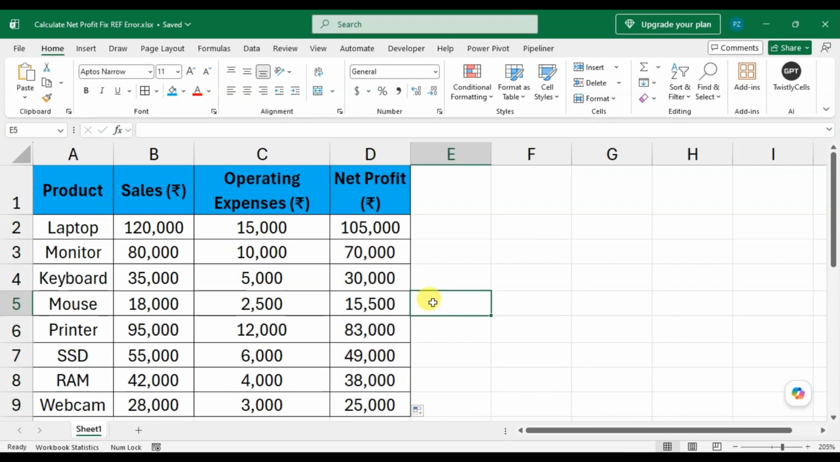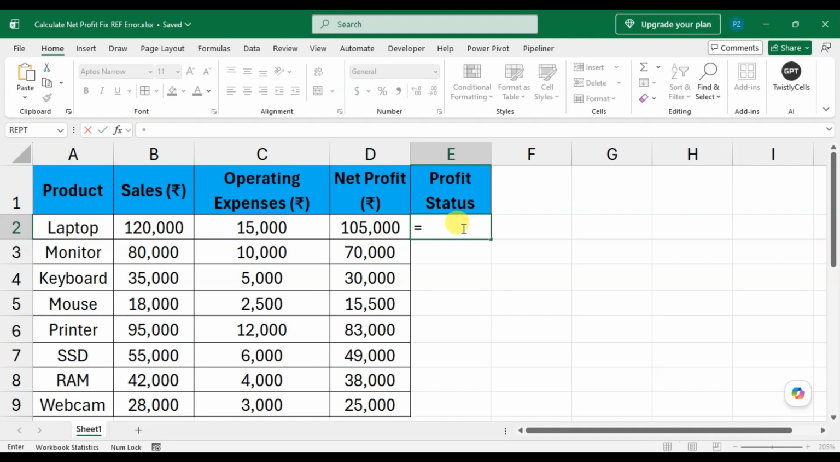Now let's see the profit status. So here I add one column, profit status. Then I select the cell, is equal to, type here IF, select the IF function and here I select the net profit. Then use the greater than sign, type here the 20,000. Then comma, double quote, status will be high